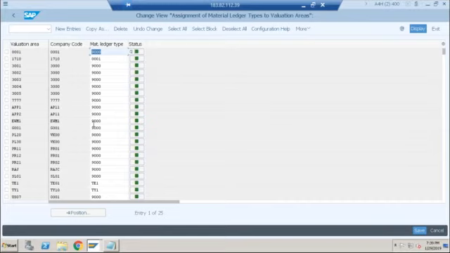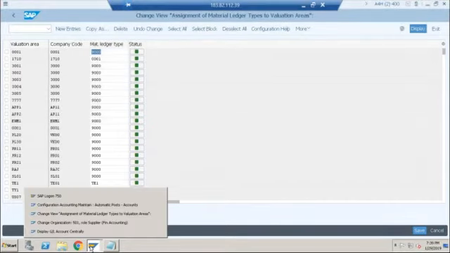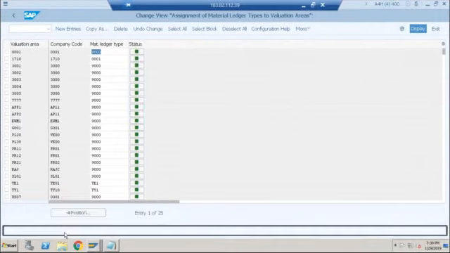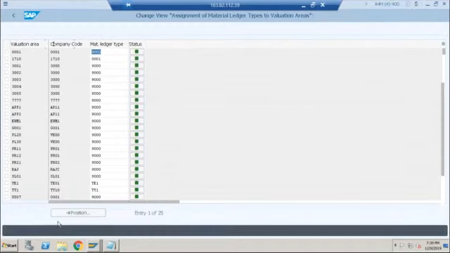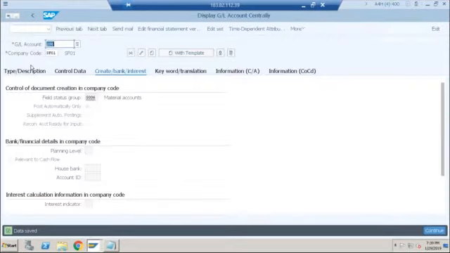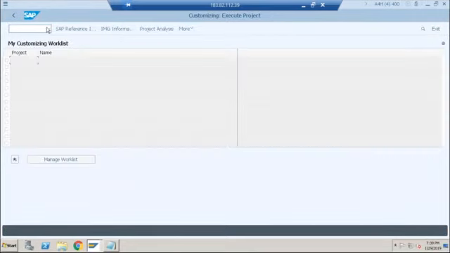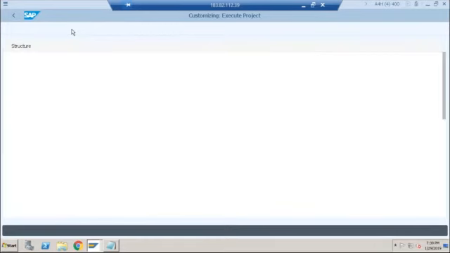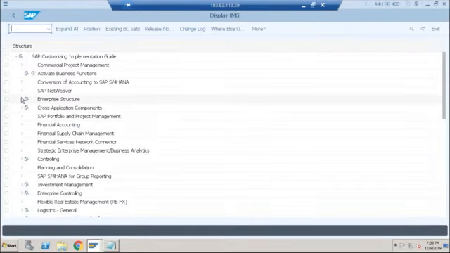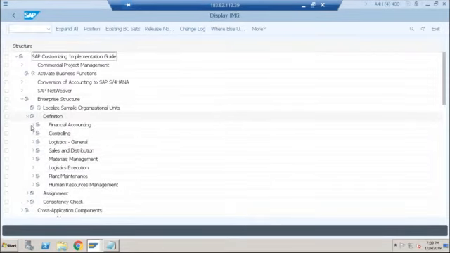If you remember in the configuration for logistics general, if you go here in enterprise structure, definition, logistics general, there is something called define valuation level.